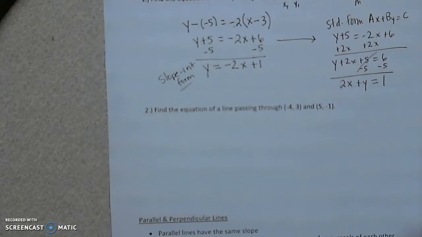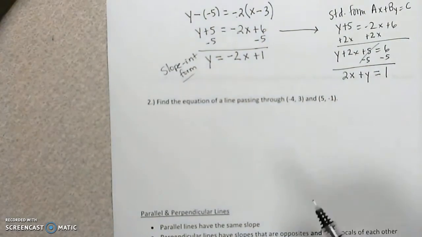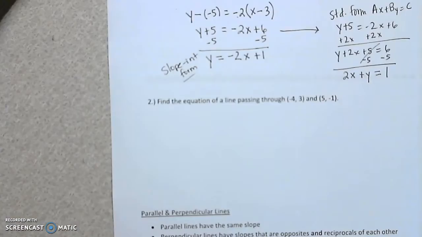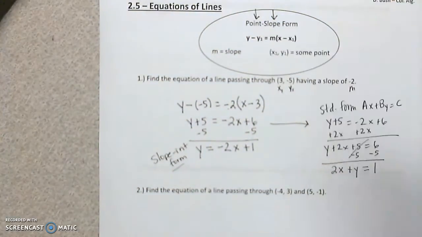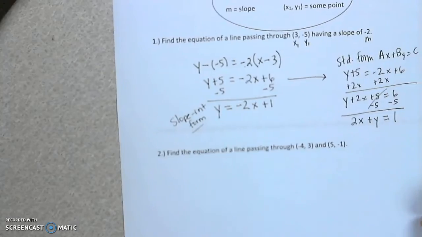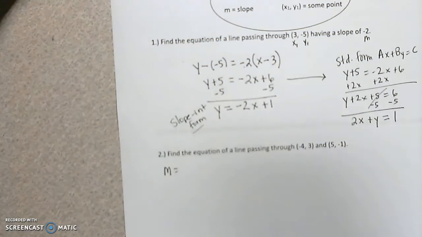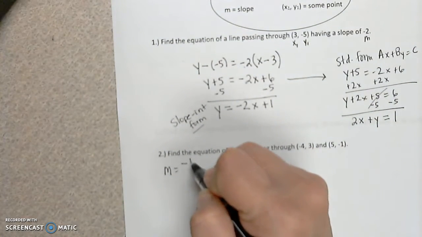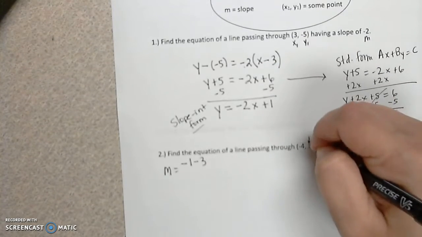Okay, let's take a look at the next one. Find the equation of the line passing through negative 4, 3, and 5, negative 1. So remember, to write the equation of a line using point-slope form, you have to have a point and a slope. Well, in this one, all we have are 2 points. So to get the slope, we can use the 2 points and the slope formula. So let's do that first. We're going to say our slope equals, remember y's go on top, y2 minus y1